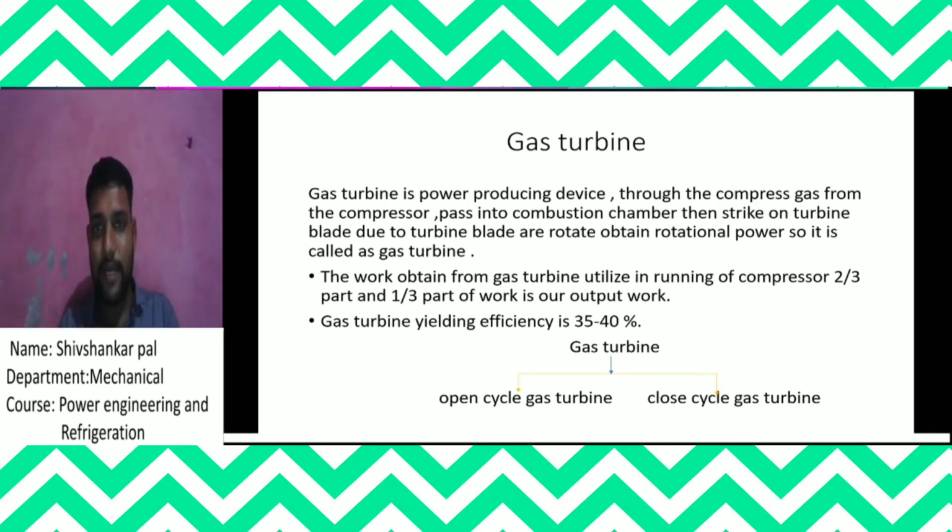In our gas turbine, and in our internal combustion engine, both convert low grade energy into high grade mechanical energy. That means there is some loss of energy. A 100% conversion does not occur because of the low grade to high grade conversion. During this, some loss occurs.